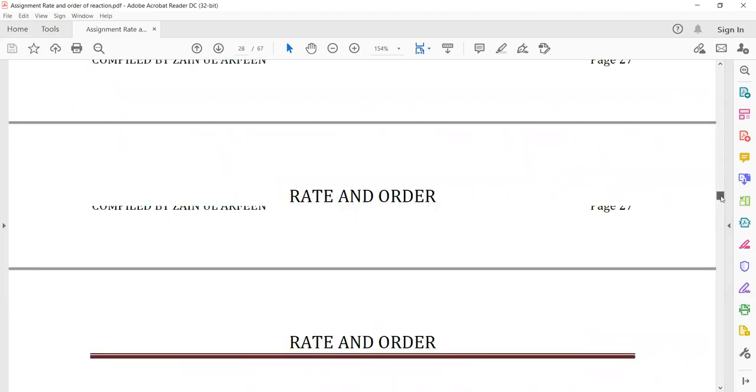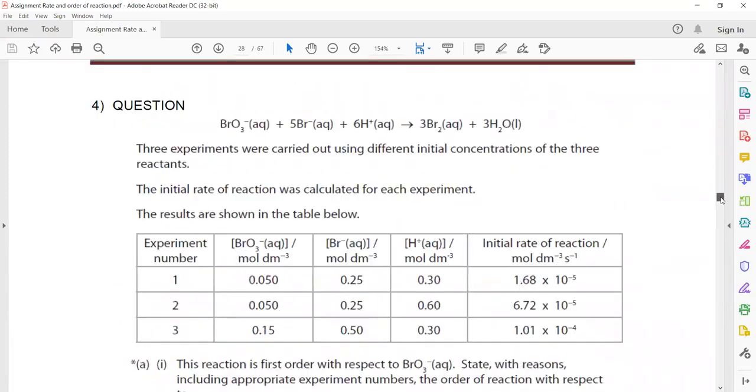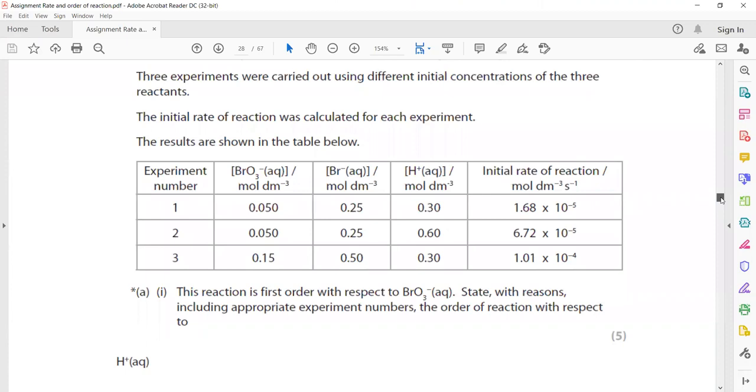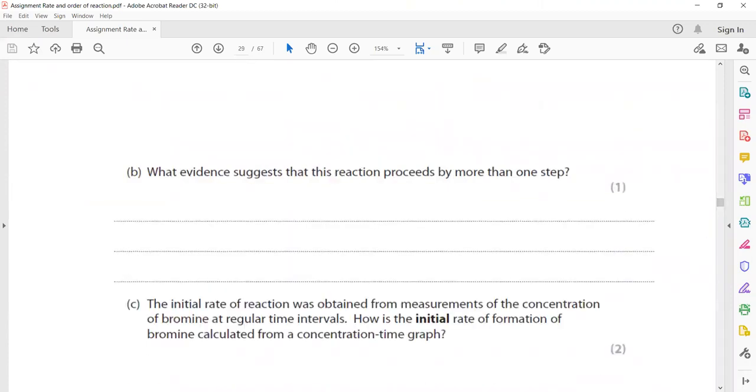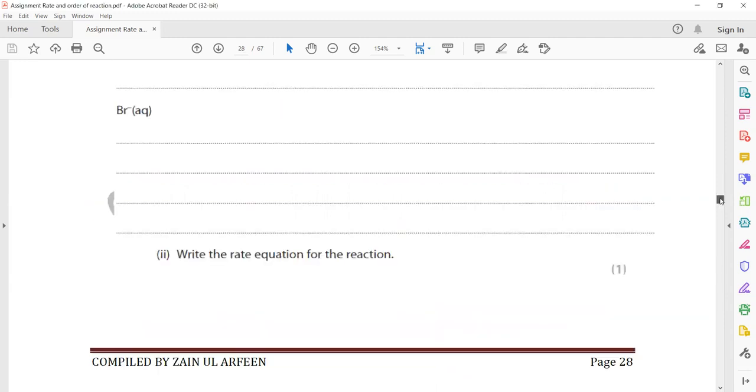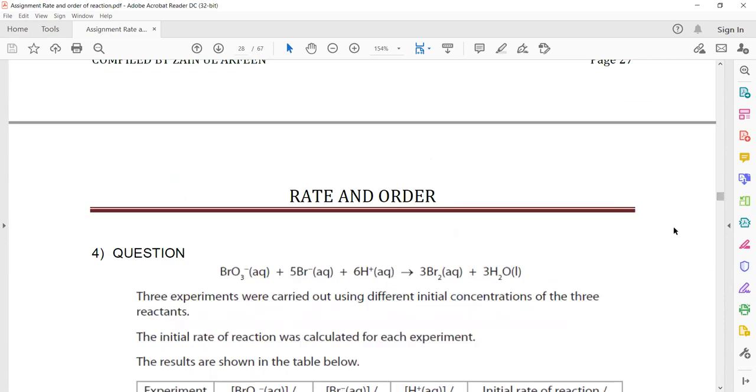When you check the equation, as we worked out the rate equation, the number of particles in the rate determining step and the overall equation does not match with each other,